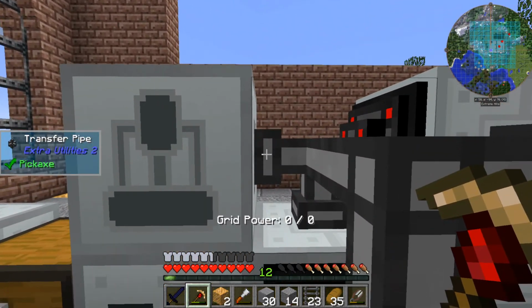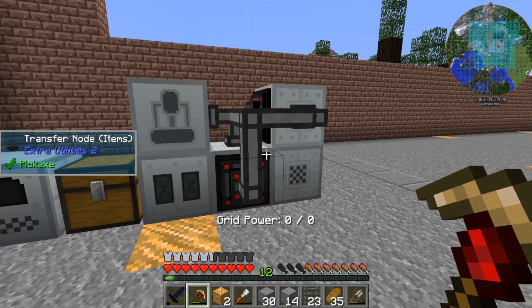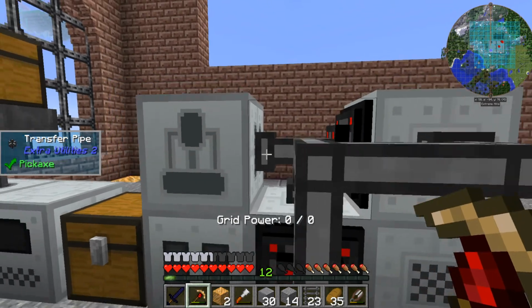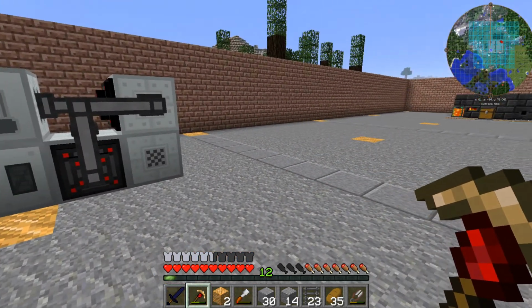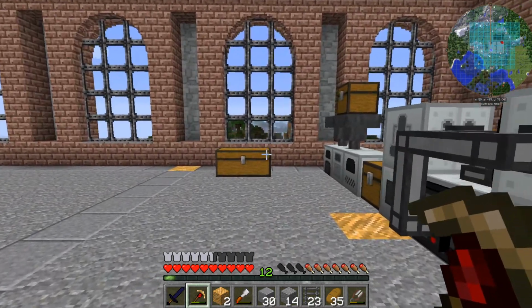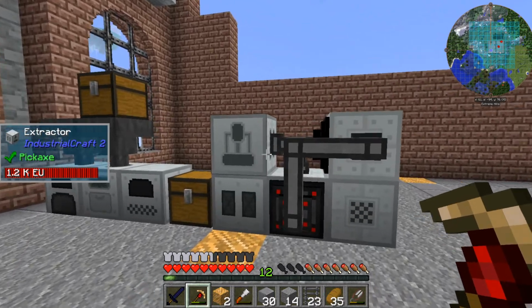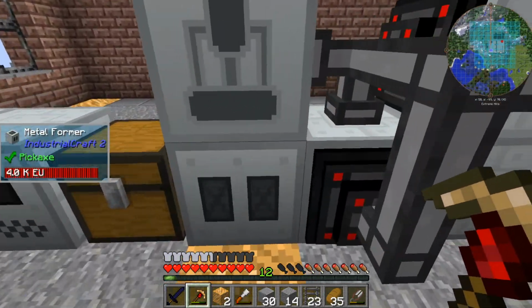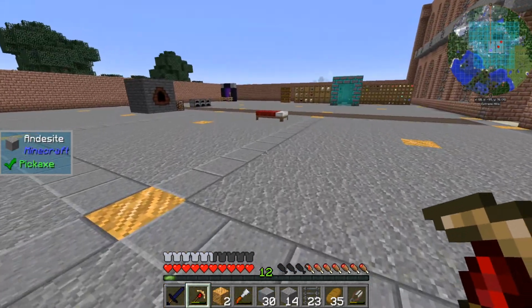And yeah, I probably could, this is doing nothing, as is this, sorry, that one's doing nothing, the other two are. But yeah, I probably could have changed it just so it didn't link there, but it's fine. It's not causing us any harm. I'm also aware we could have used the sorter from Industrial Craft 2, but it just looked quite faffy to make when I'm quite familiar with doing this setup for passing items backwards and